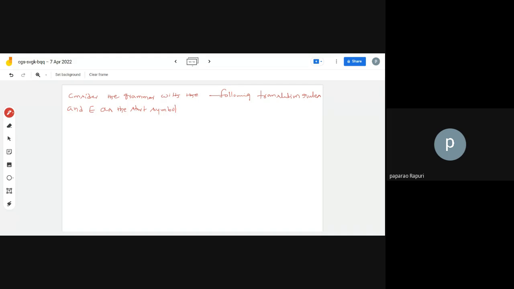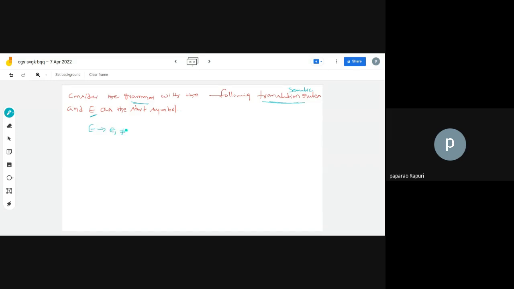So here the given SDT is, here he clearly mentioned, sir. He clearly mentioned, consider the grammar. Grammar is nothing but context-free grammar, along with the following translation rules. Translation rules means semantic rules. The rules required to translate the attributes, which is nothing but translation rules or semantic rules. So these are given, and he has also mentioned the start symbol is E, and E derives